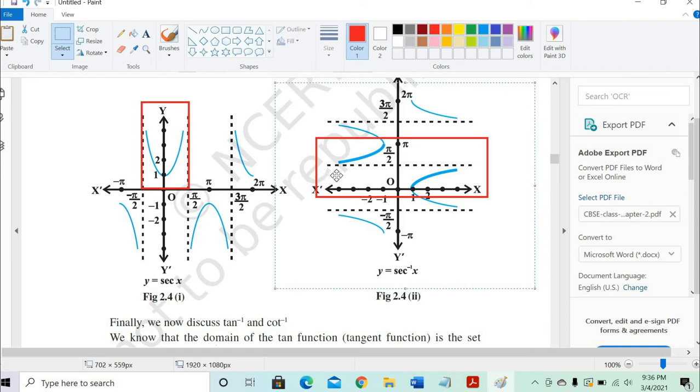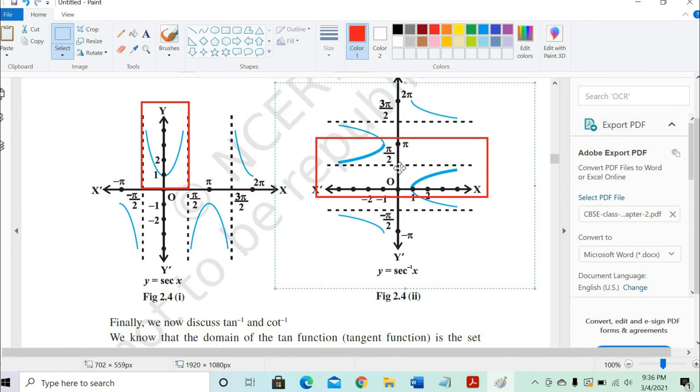Yes, sir, it's clear. Now let's understand this graph clearly. Same thing: now the domain becomes the range and the range becomes the domain. So now on the x-axis you have all the real values from 0 to infinity and from 0 to minus infinity. Clear? Yes, sir. Now when you go from 0 to pi, let's understand from 0 to pi by 2, what happens, sir?